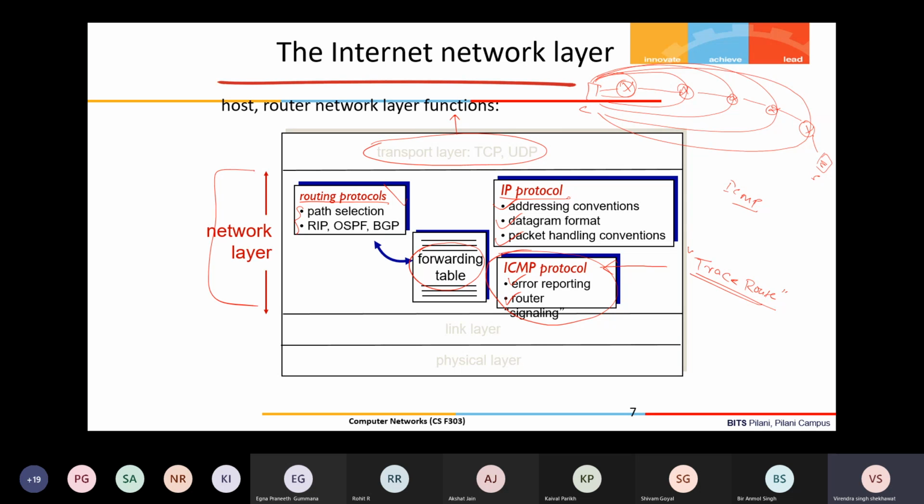So this is the stuff which is left, and then we'll do the multicast protocol also. We'll talk about multicast routing, which is not mentioned here, and the protocols. That also we'll talk about later.